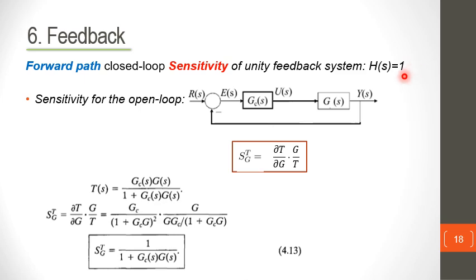So we'll see that according to this definition of sensitivity, our T(s) is equal to Gc times G(s) divided by 1 plus Gc times G(s). So you have already established this as our transfer function. Now, if we do a partial derivative of T with respect to G and multiply by G over T, this should give us the first